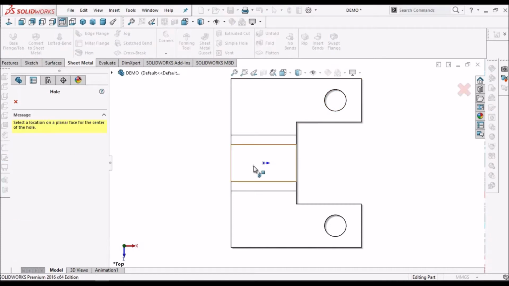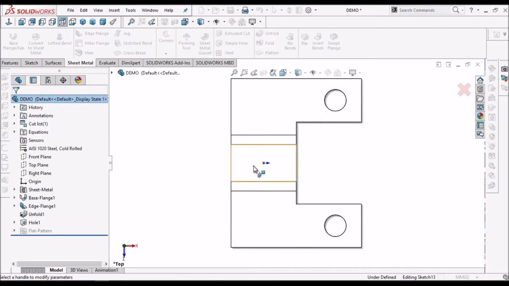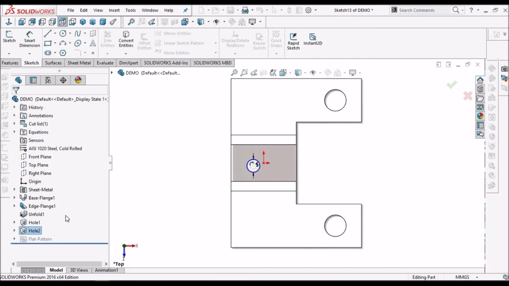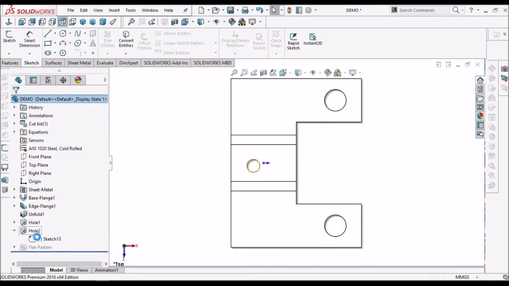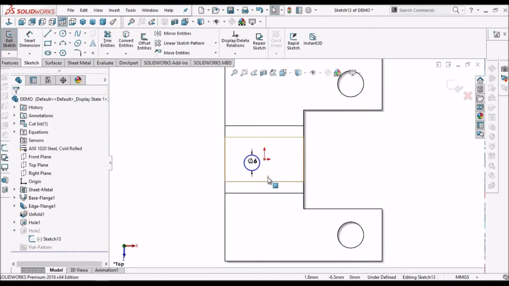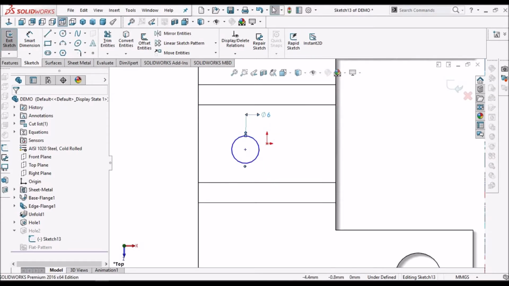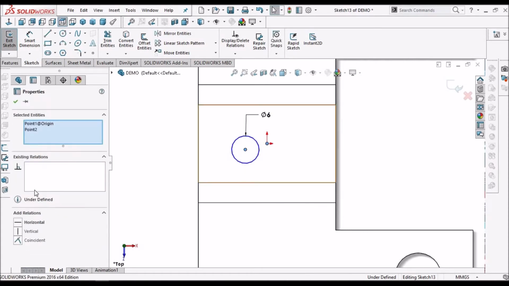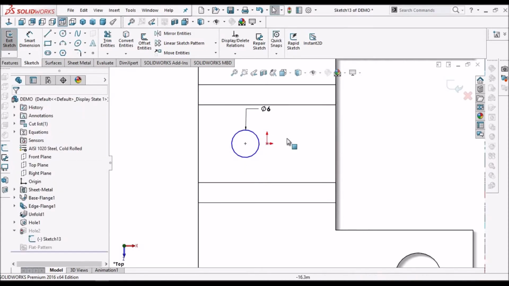Go to hole feature once again, select this face. This is horizontal.